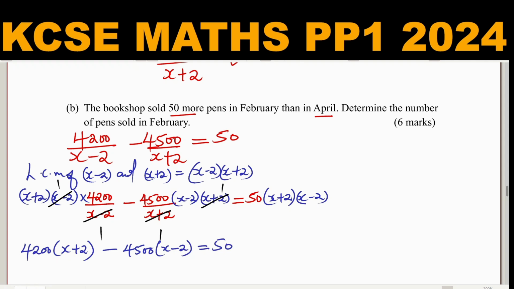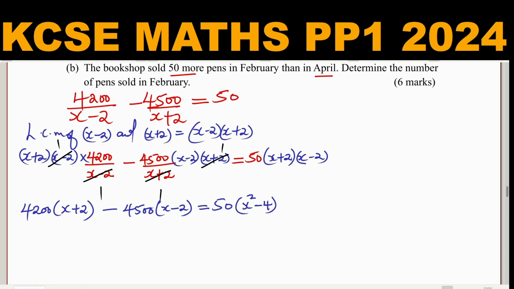Then x plus 2 multiplied by x minus 2, that is the difference of two squares, and it will simplify to x squared minus 4. I repeat, x plus 2 multiplied by x minus 2 will simplify to x squared minus 4. We continue working out. You can open the brackets here, so that we have